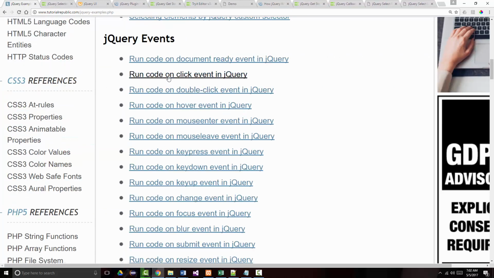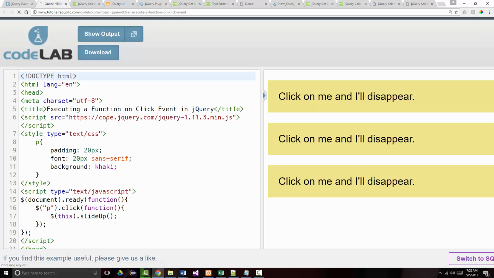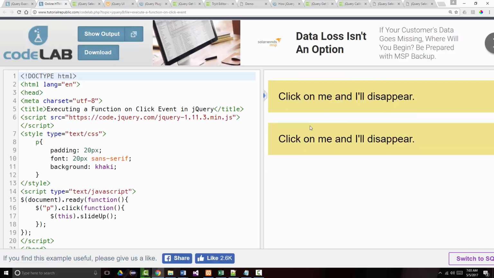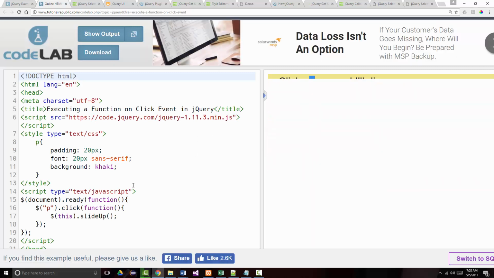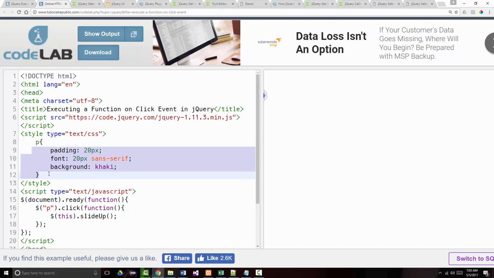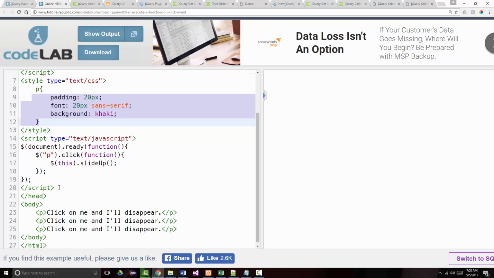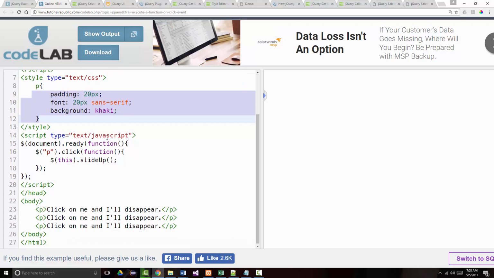Run code on a click event. You've seen this already. Click on me and I'll disappear. So how did we do that? All right, this is what we said for paragraphs: 20 pixels of padding all the way around, a font size of 20 pixels, sans serif font with a background color of khaki. And here we're saying, when the document is ready, any paragraph that you click on,